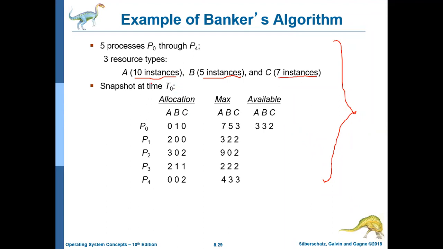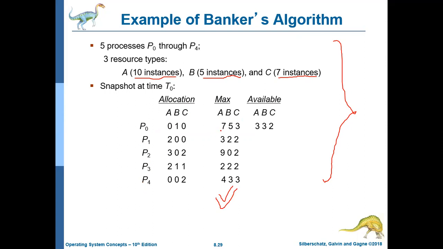At time t0, what is your system having? What are the different contents of your matrices? Here we are having processes in every row. Here we are having the resources. Allocation, max and available. Now check the max matrix. First I am telling you the max matrix. A, B, C are the resources. P0 up to P4 are processes.